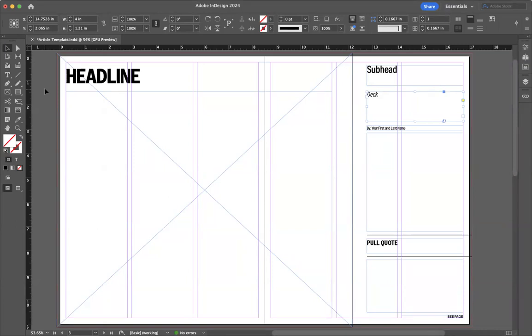Over on the far right-hand side, you're going to see a couple more boxes. The first one is the subhead, so that's the secondary title of the article. The next box is the deck, which gives you a brief, 1 or 2 sentence introduction to the article. And then right below that is where you're going to put the byline, which is your first and last name. And then right below that, you'll see another box, and that is where the body text or the bulk of